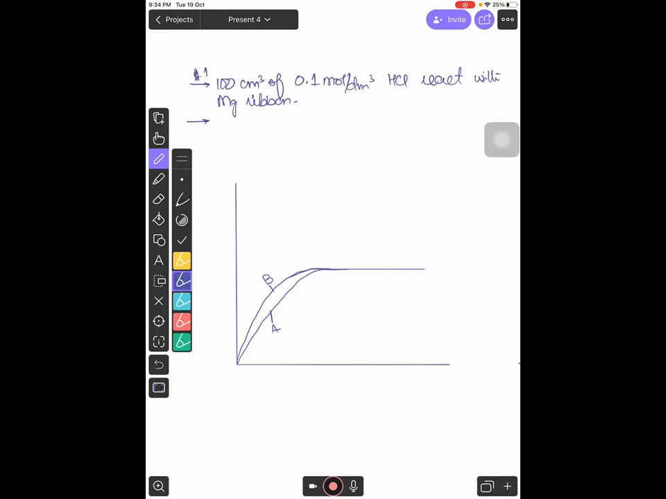No, it is 1, okay? And it is 200 centimeter cube of 0.1 mole per decimeter cube HCl react with the same amount of magnesium powder, right? बताइए कि जो आपके पास ग्राफ ए है वो कौन से एक्सपेरिमेंट का है और ग्राफ बी जो है वो कौन से एक्सपेरिमेंट का है।